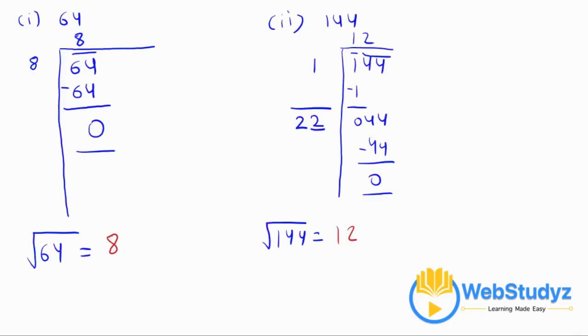Now move on to the third one. Also, we have to tell the number of digits in the square root of each of the following. So here the number of digits is 1, and here the number of digits is 2. Now move on to the third one,